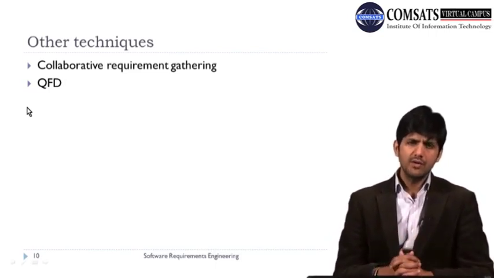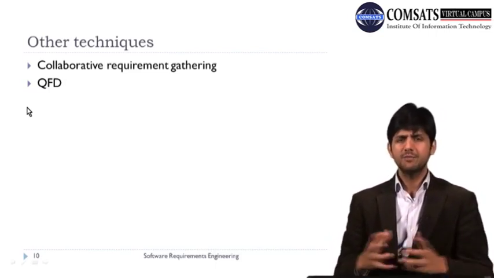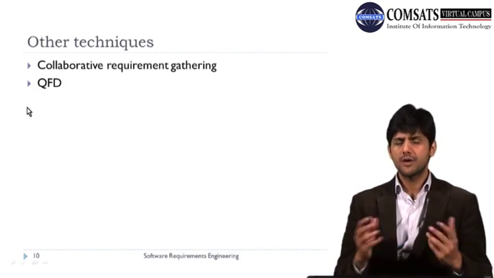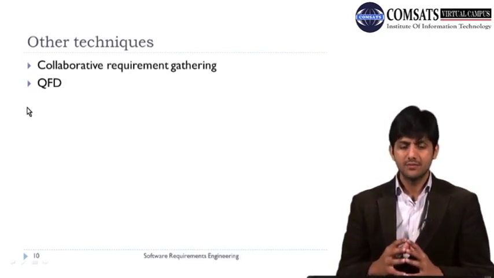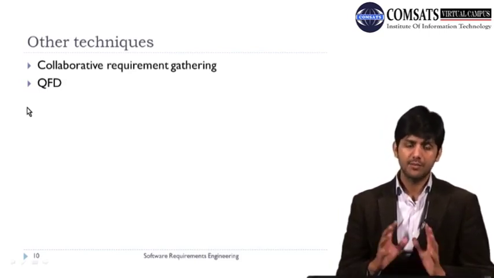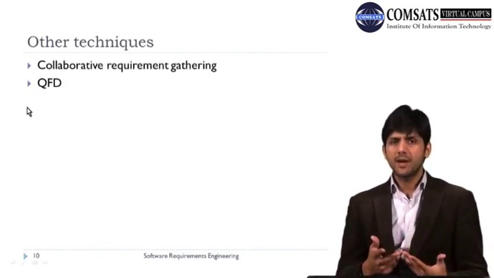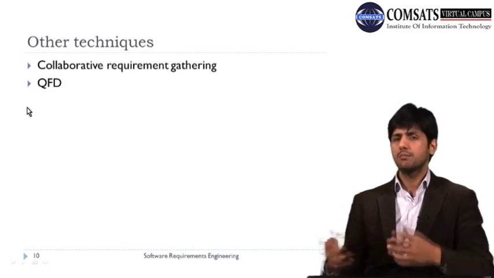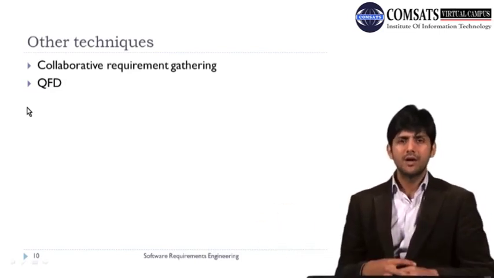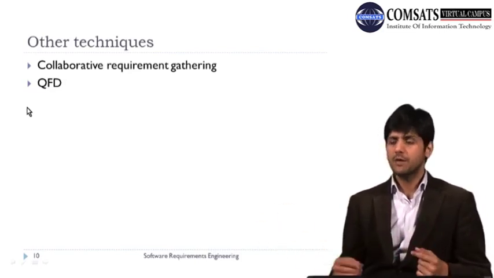So that is collaborative requirement gathering, where you have lots of people sitting together and they share their ideas and try to record them. A recording mechanism is very important in these sessions. If you are having that session in a big conference room, what kind of recording mechanism can you use? You can maybe have a whiteboard, or you can give post-its to different people, and whatever ideas they